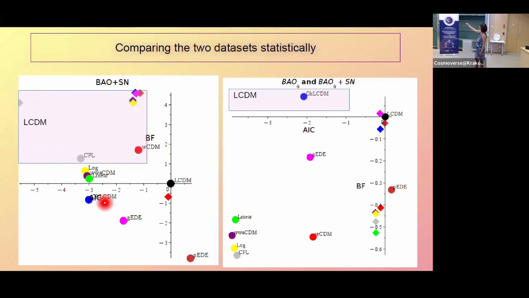So you see on this plot, for example, the circles, meaning the BAO data, are somewhere with low preference for lambda CDM, while when you add the supernovae data, you get quite high, where you have very strong preference for lambda CDM. Basically, adding the supernovae data here leads you directly to lambda CDM, except for the PD model standing here very far from preference for lambda CDM, meaning that this model is preferred over lambda CDM definitely. And GED is also somewhere here. And this is lambda CDM with the supernovae data.